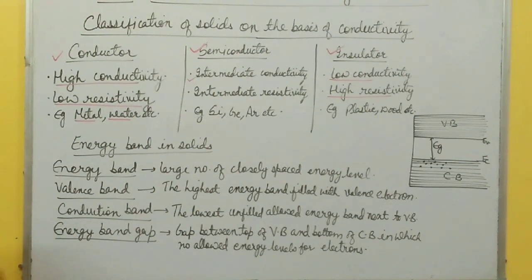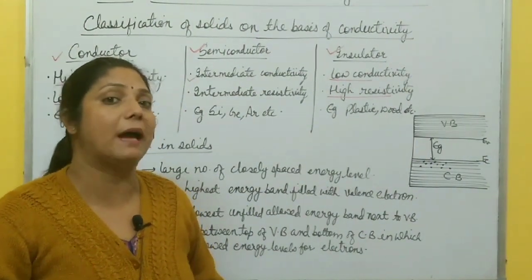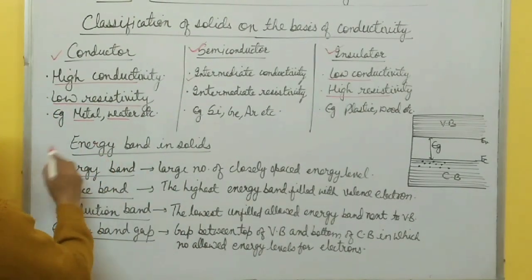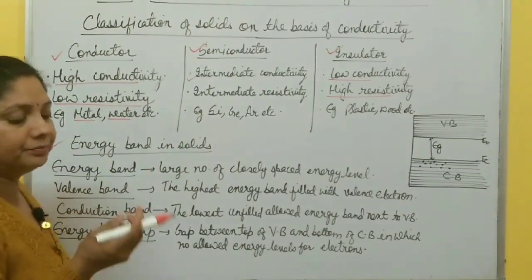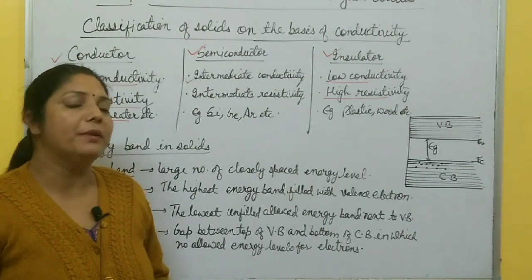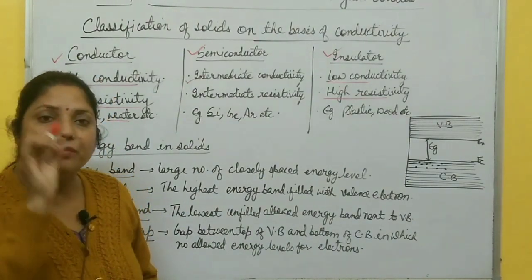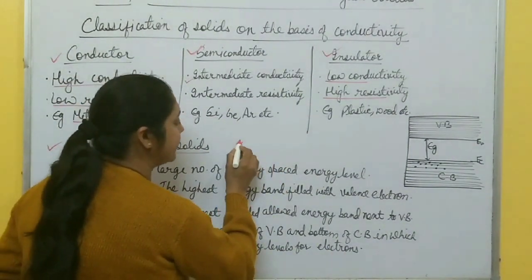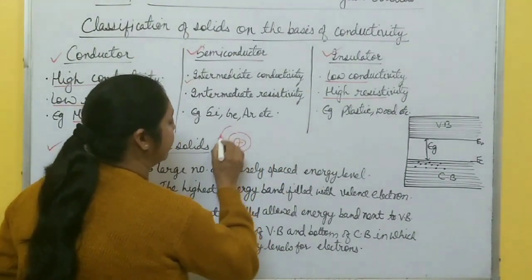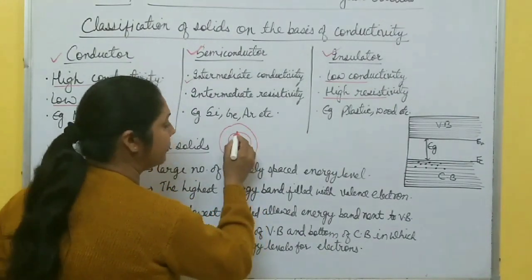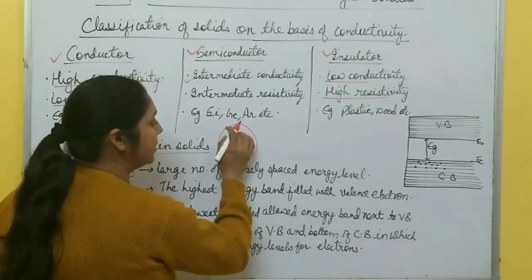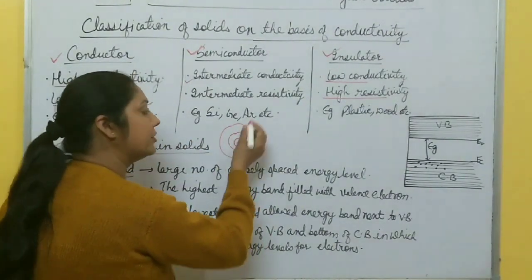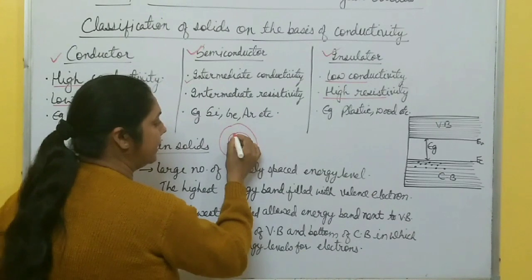Now next, we can also divide solids on the basis of energy band diagram. But what is this energy band? So next is energy bands in solids. Now according to Bohr's atomic model, each electron has well defined energy levels in an isolated atom. Suppose one atom has a central nucleus and electrons revolve around this nucleus in a fixed definite orbit. It means each electron has a definite energy level, and that electron revolves in that energy level, right?